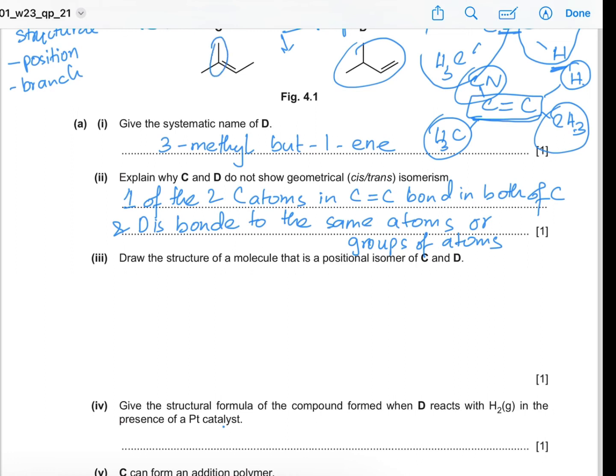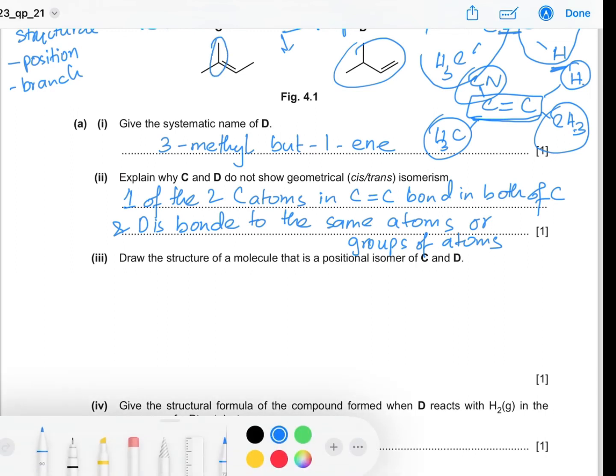What this means is the branch must remain on the second and third carbon atom, because if you were to put it on the first or the last carbon atom, it would no longer remain a branch, so you would have a branched isomer. But you only want to look at a positional isomer, not a branch isomer. So you can change the position of the branch between these 2 carbon atoms or the position of the alkene